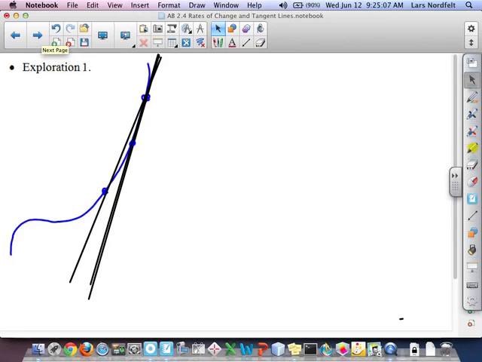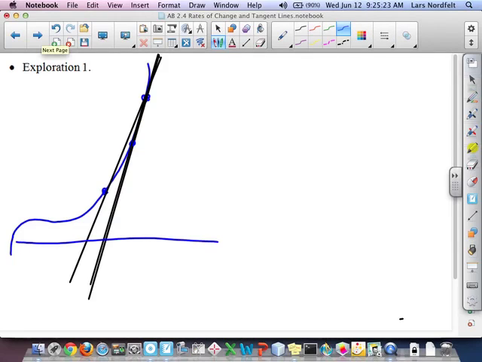Right? And if this point got even closer to this higher point, my slopes get closer and closer to each other, right? In fact, if I think of this point as 3, and this point as some x value,